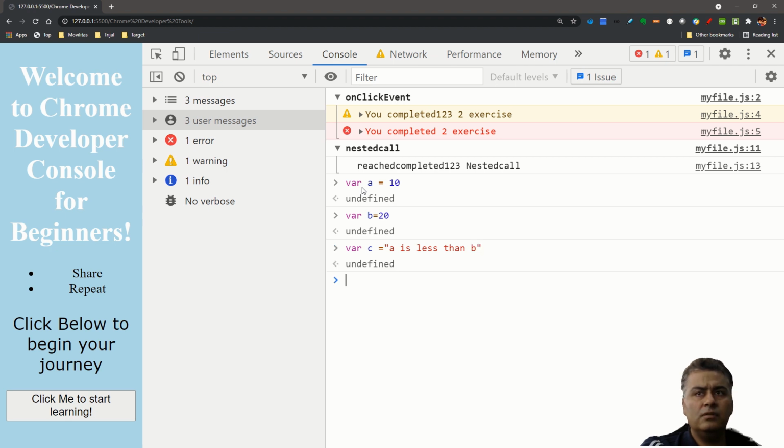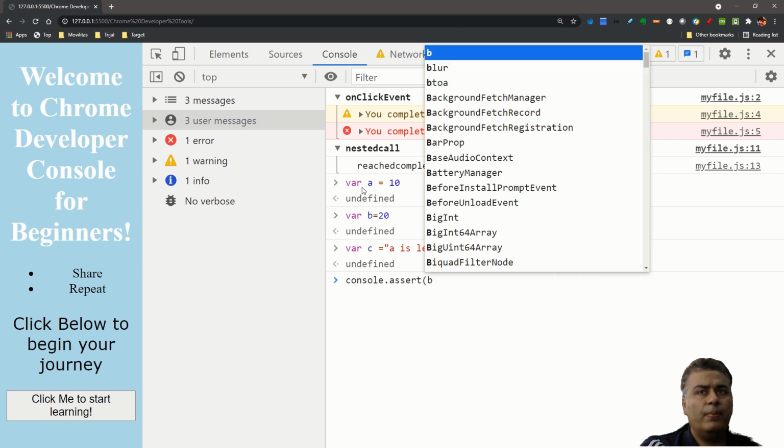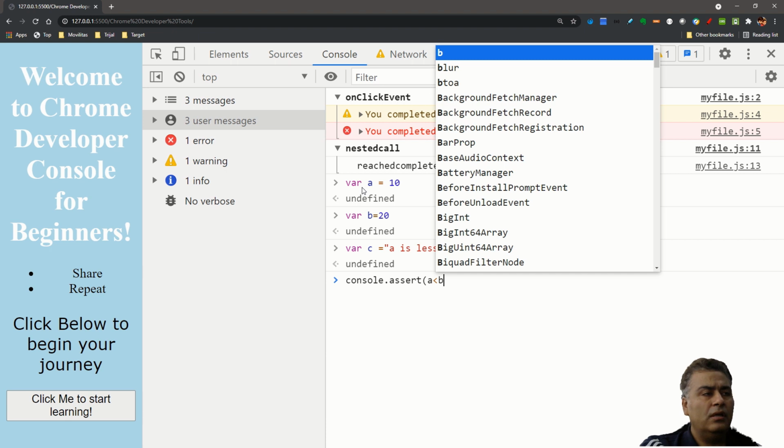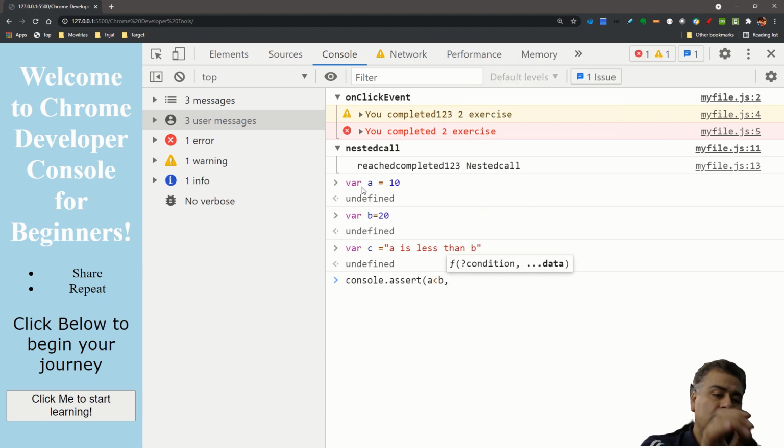It has these messages. So now how you can use console.assert is basically you want to pass the condition. First condition is a is less than b, okay, and then you say what is the data. You say my data is a, comma, b, comma, c,